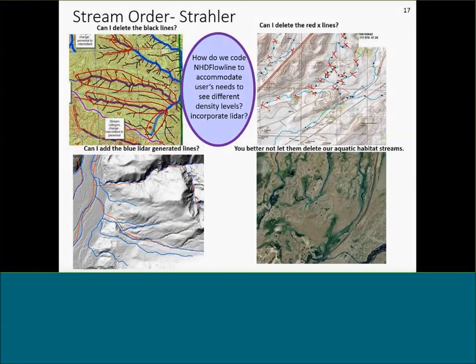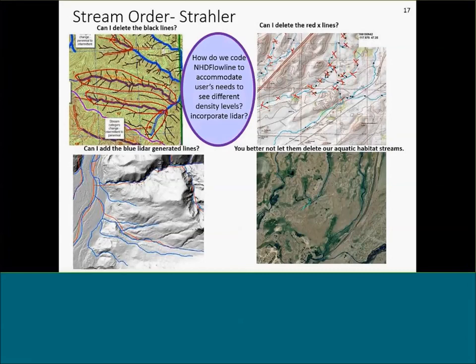These little streams were originally imported from our Department of Natural Resources, our logging agency, and they do protection of other aquatic species. We pulled all those in because they had said, we only want to be part of this if you have our streams, so we couldn't get rid of those. And at the same time, when I had people trying to remove streams, I had other folks doing the opposite. This is a picture from Clallam County up the Elwha River Basin, and they'd done a really good job of generating streams from LIDAR.